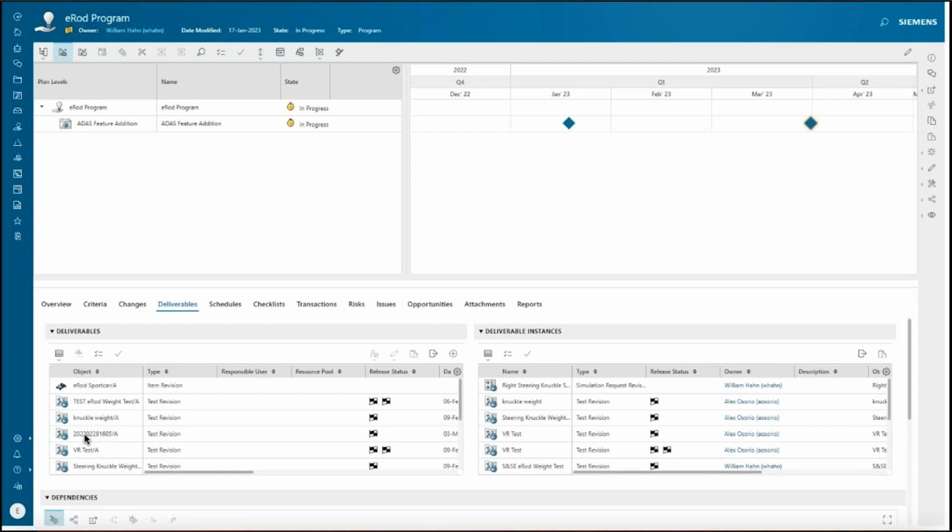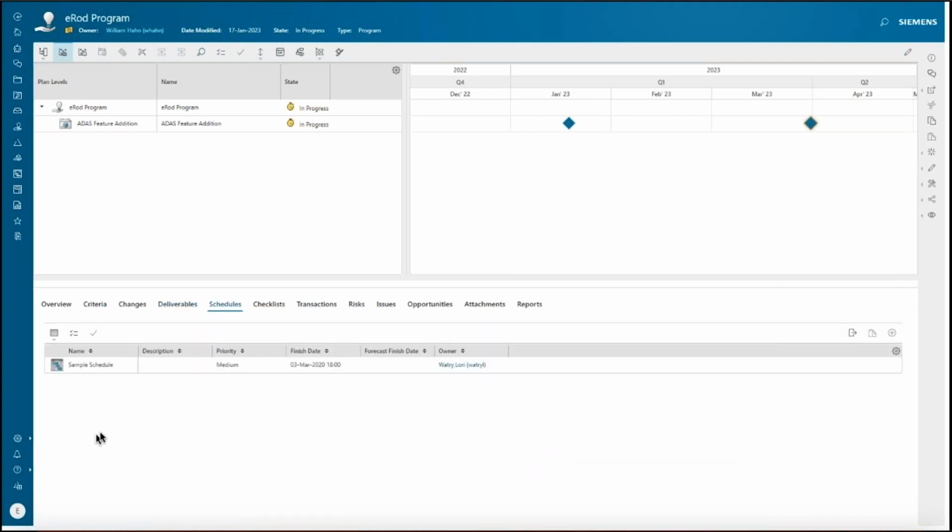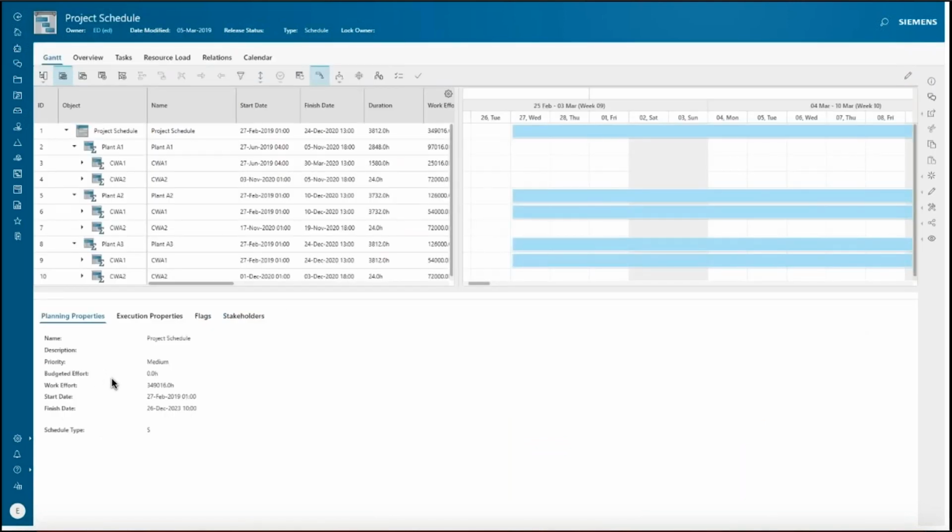So if I'm a program manager, as people are verifying requirements, as the tests are being completed, as we're automatically getting that pass-fail status, we're going to have automatic visibility from a program level on how we're progressing against our milestones. And then just diving into this project schedule really quick, if you haven't seen Teamcenter Schedule Manager,